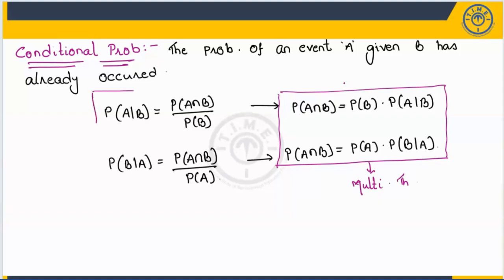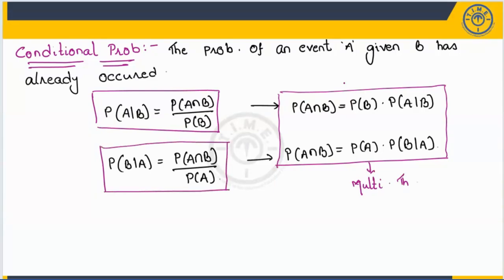And this is the conditional probability of A given B, and this is the conditional probability of B given A. Whatever the event which has already occurred, that will always be written in the denominator. Now, again, when it comes to independent events,